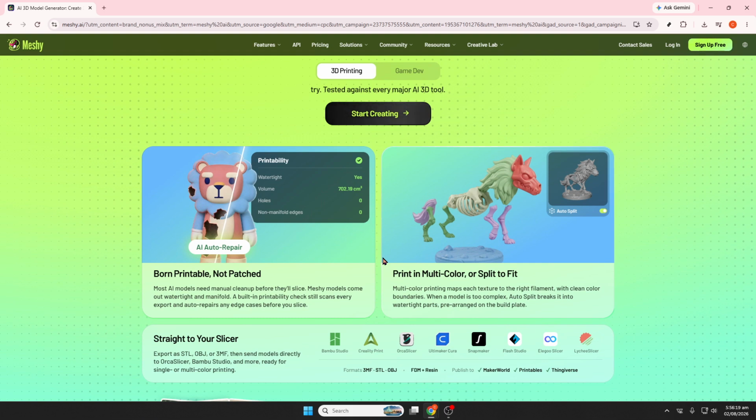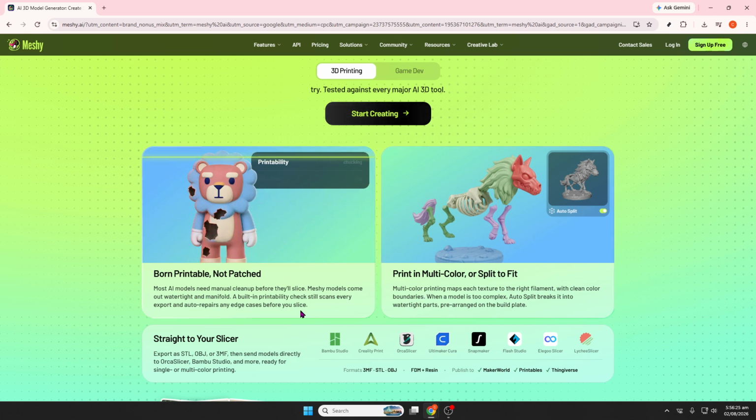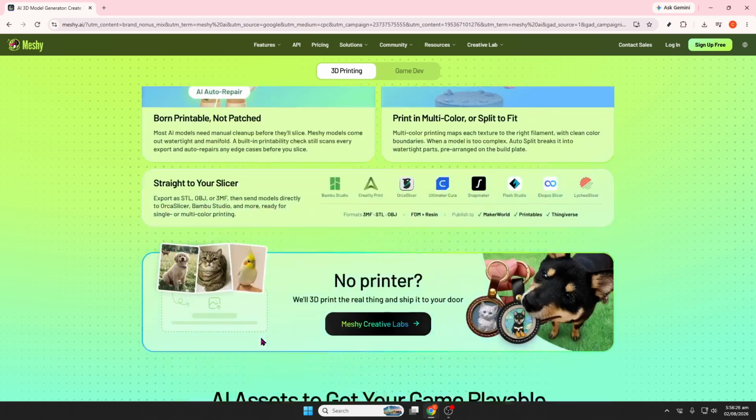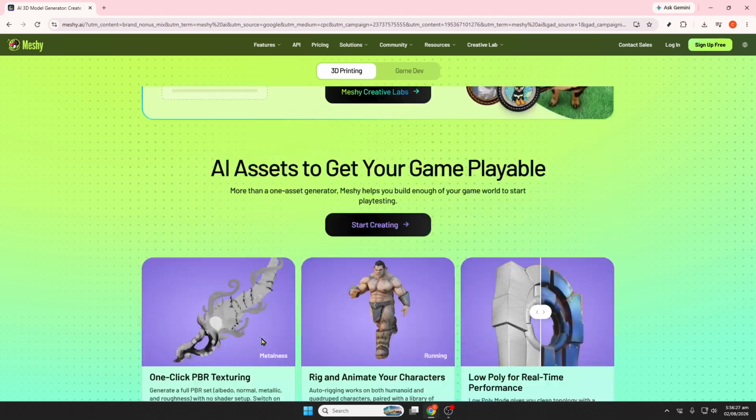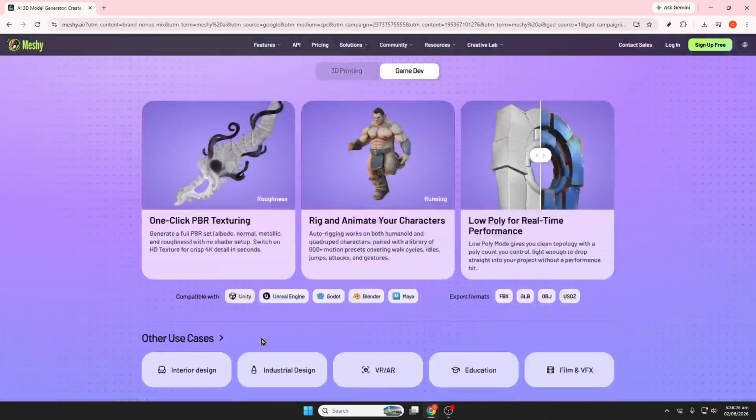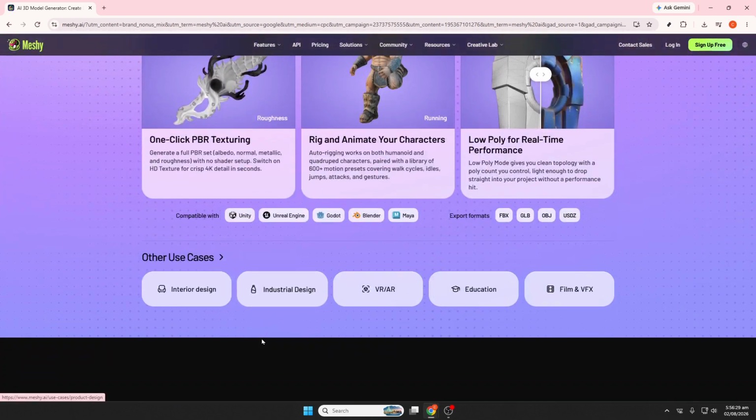You should also review the pricing before committing. The free plan is useful for basic testing, while paid plans typically offer more credits, private assets, advanced tools, and higher quality exports. Overall, the pros are fast 3D generation, a beginner-friendly interface, strong rapid prototyping potential, multiple export formats,